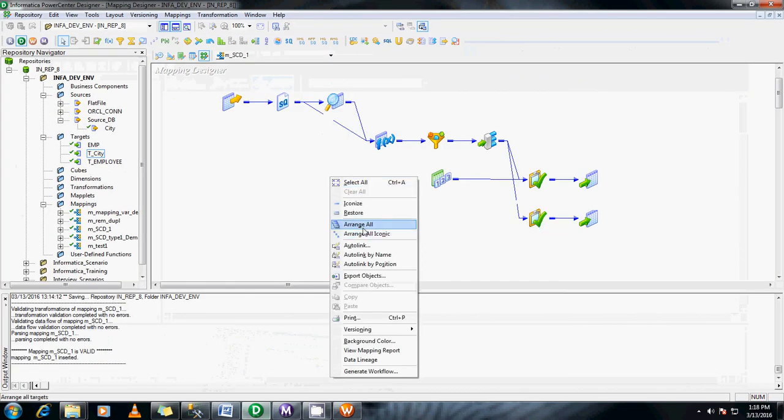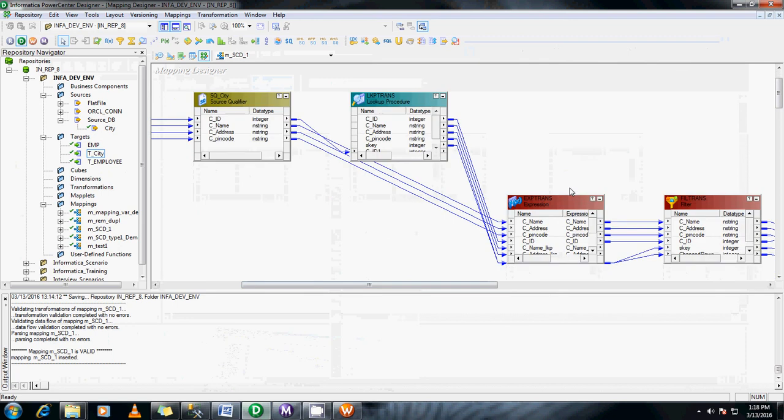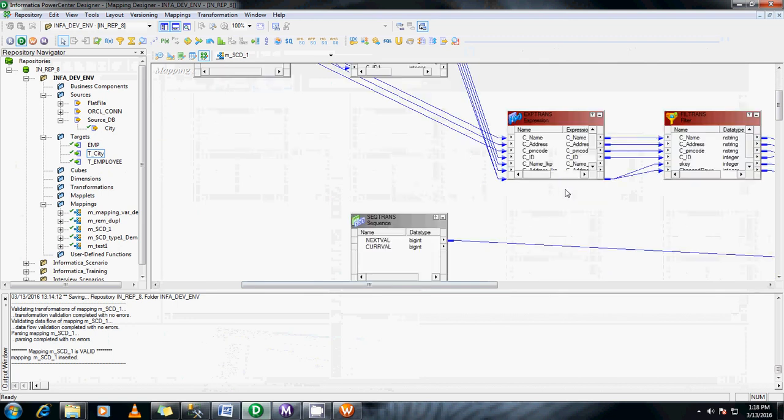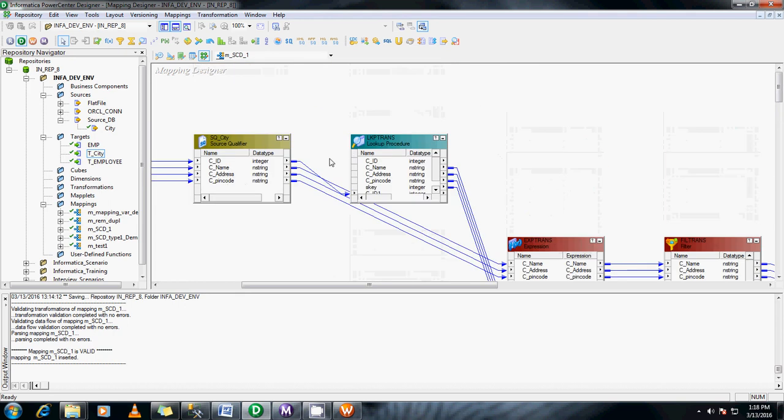Okay, arrange all. CID. Okay, let me map this CID here.